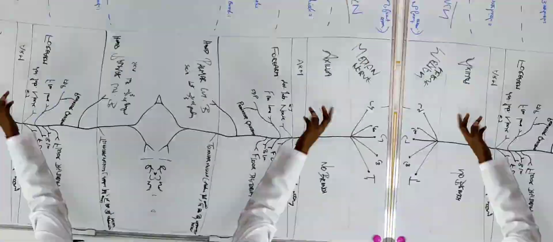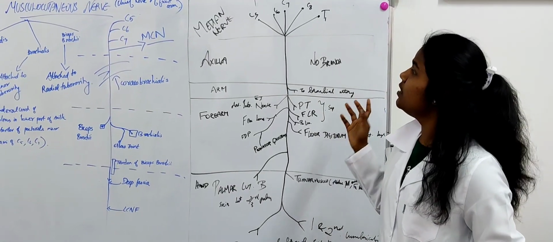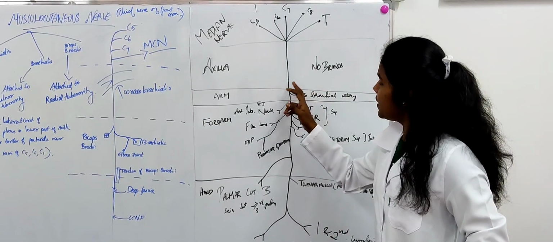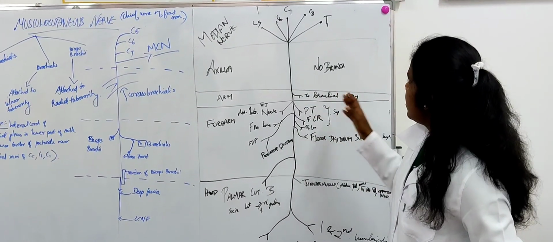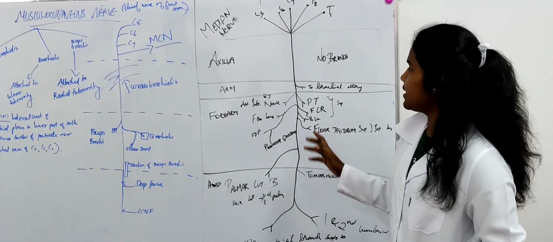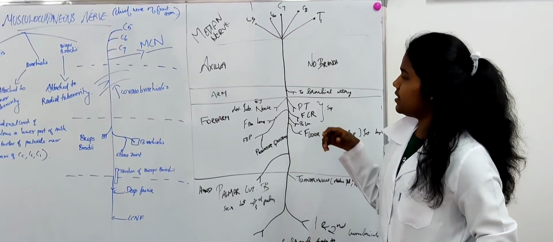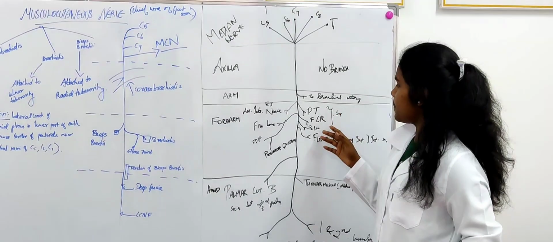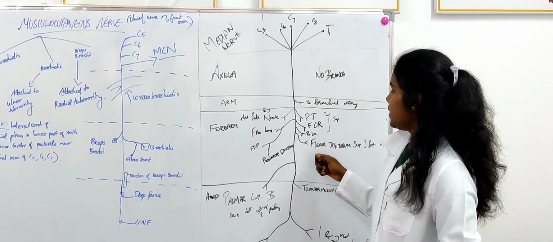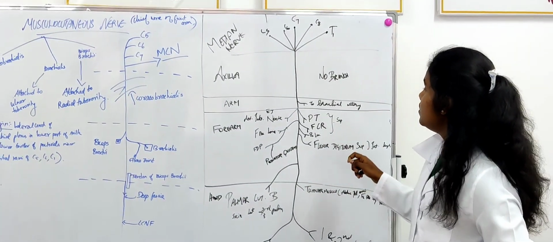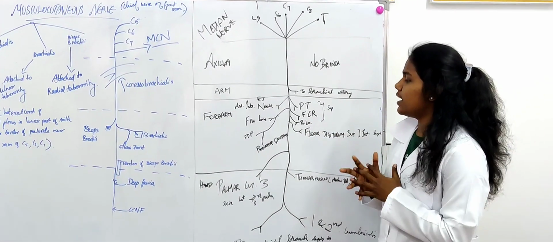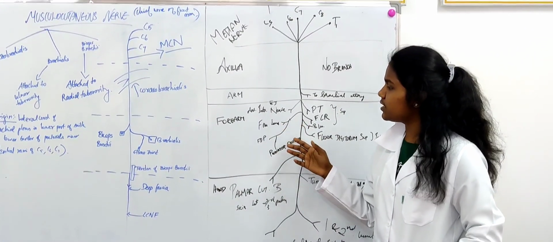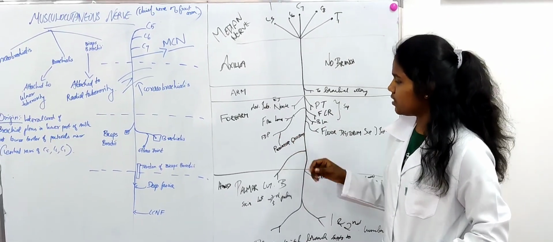Third, the median nerve, which has the root value C5 to T1. In the axilla it has no branch. In the arm it has a branch which comes medially to the lateral branch, that is the brachial artery, and then in the forearm it has the anterior interosseous nerve. It gives off flexor carpi radialis, palmaris longus and pronator teres muscles. The anterior interosseous nerve also supplies flexor pollicis longus,